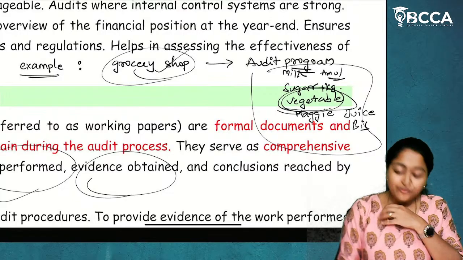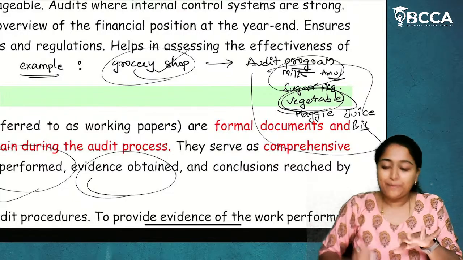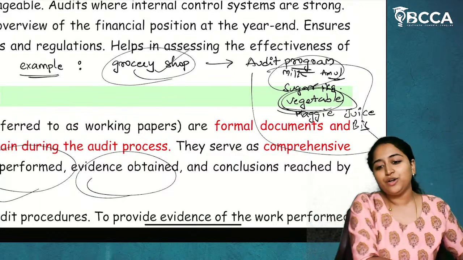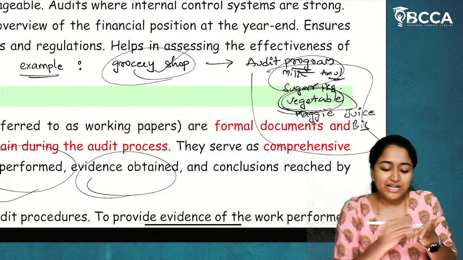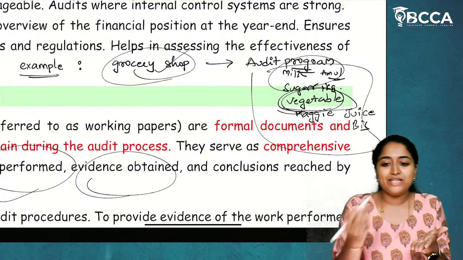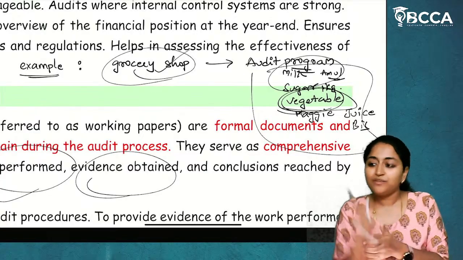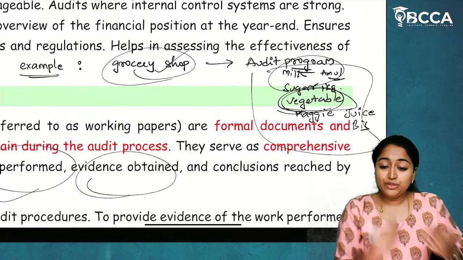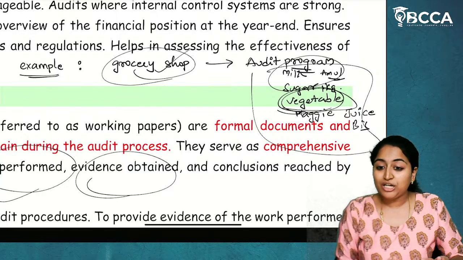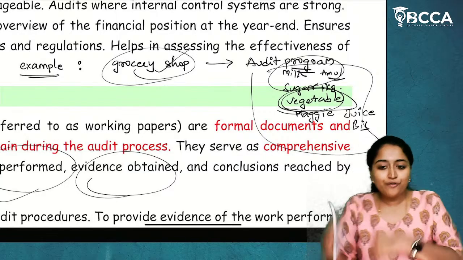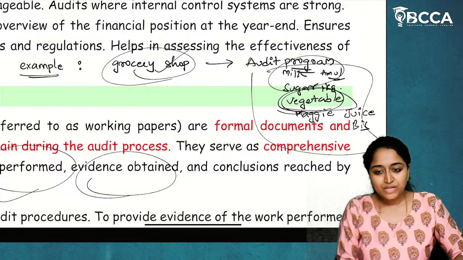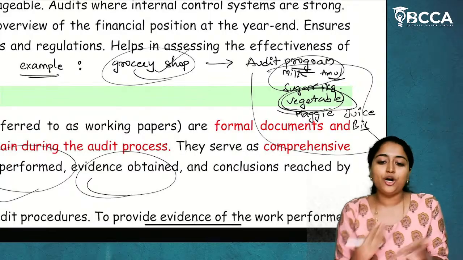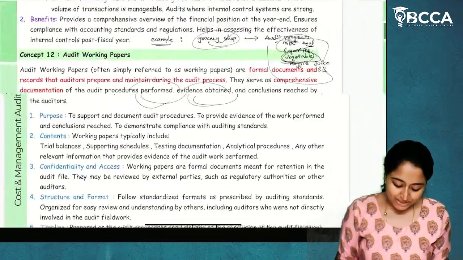And after coming to your home and utilizing this milk packet, you have understood that Amul, more than whatever other brand you have used, is more tasty. So you have written it as your observation. Okay, this is more tasty. From next time, I'll buy only this packet from that shop only. So these are the observations which you think will be necessary and important for you for the further periods. When you are going for further audits, it will help you. So in that kind of things which is necessary for you, you will record it in the audit notebook. I hope it is clear.